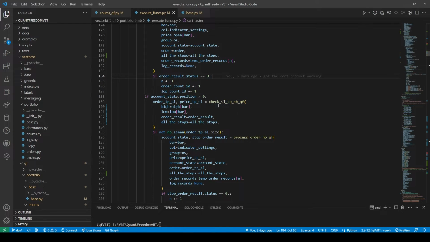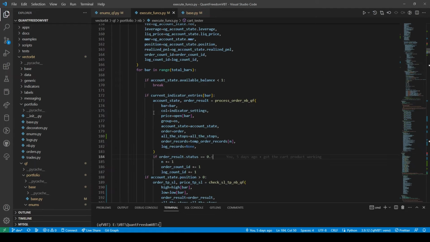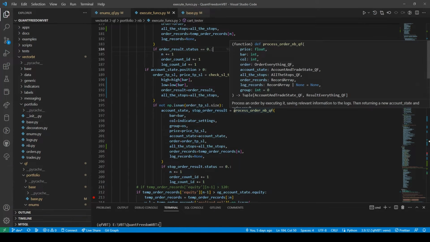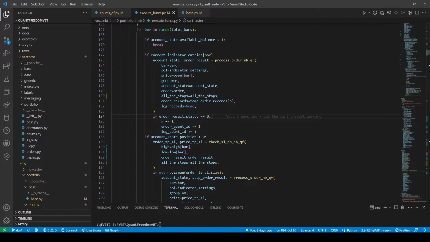But anyways, I think the process order is going to have to, so we have our stop order results, we'll have our stop loss, all the stops, and then we will pass that back up here. But I guess this would be like stop order result and then all the stops results or something. I don't know what the whole process is going to be like,